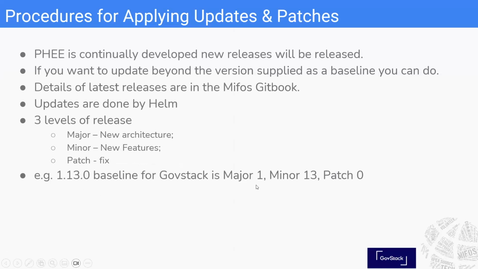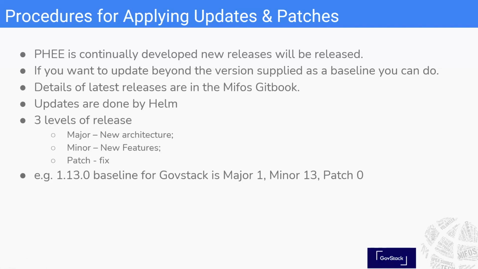tested baseline effectively. And we do recommend and encourage that implementers and adopters do keep up to date with the latest version. Now, the reason for that is obviously support is easier if you're on the latest version. It also will give you many more new features as new versions, new connectors are built in. Obviously, the latest details of any releases will be maintained in the Mythos Git book. So we do have the baseline copy of the Git book for installation instructions and how to do it, which